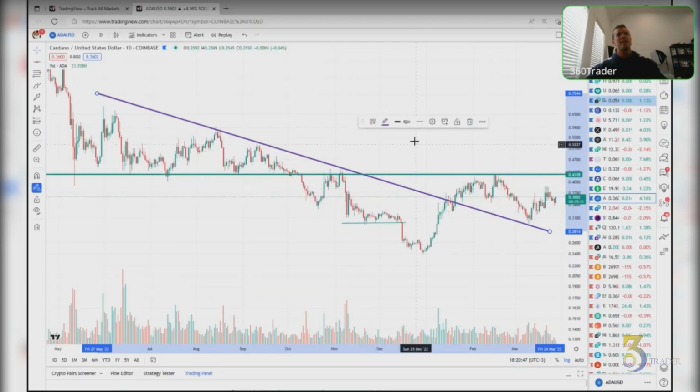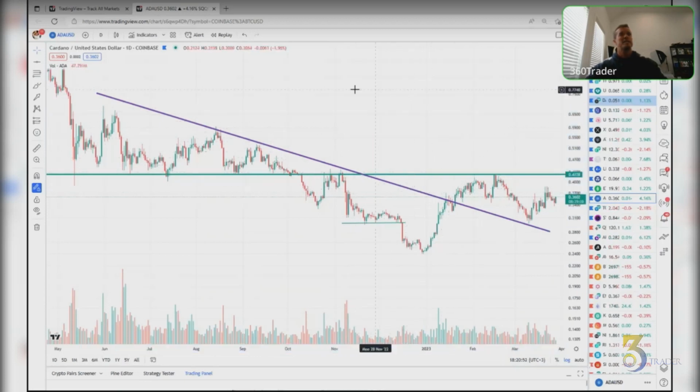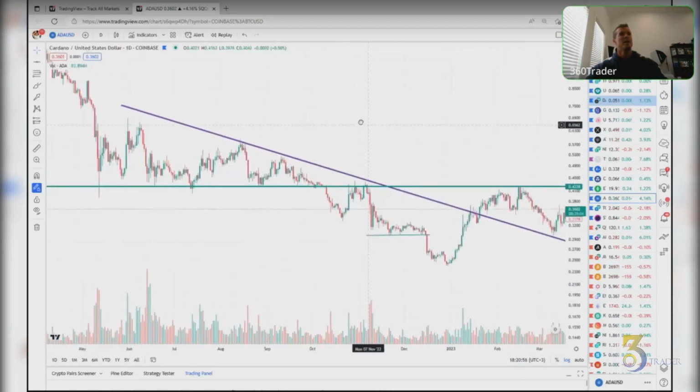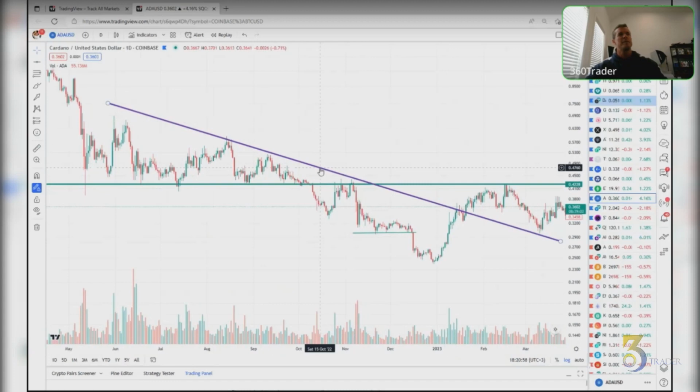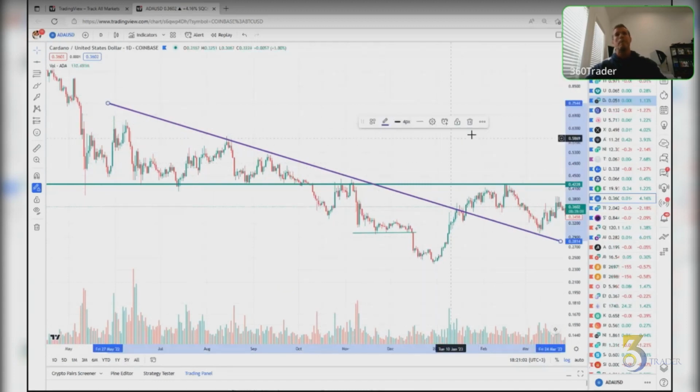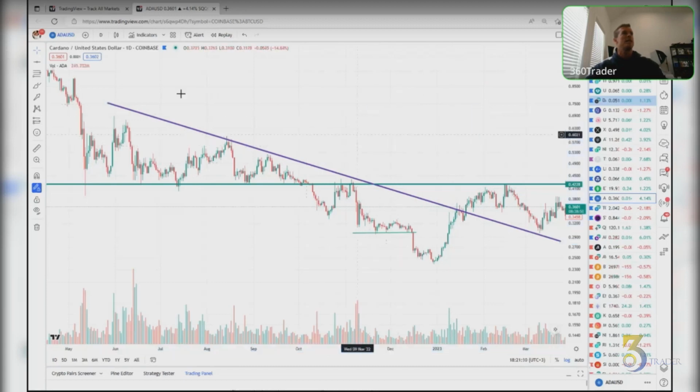So again, just by clicking on that, it'll bring this up. If I click on the chart, it takes it away because I'm on the chart, and I'm back to moving this around. But just by clicking on one of these lines that I've drawn, it will bring that tool up for you where you can play with it. And if you hate it, you can trash it. But that's pretty much all I mess with for the line areas.